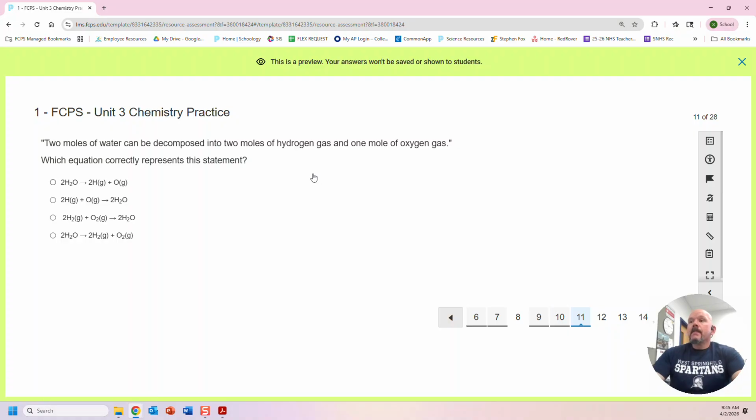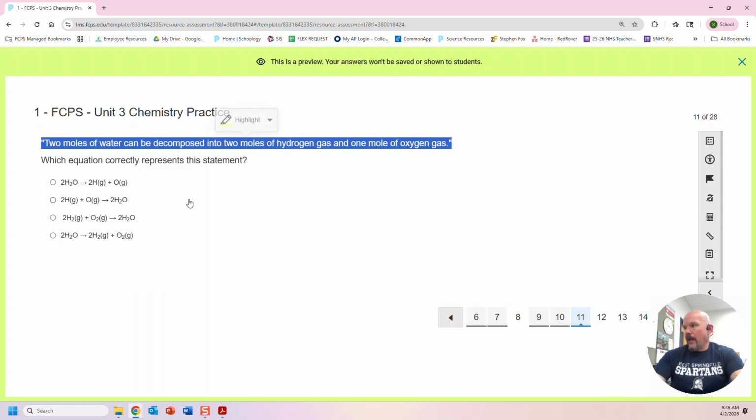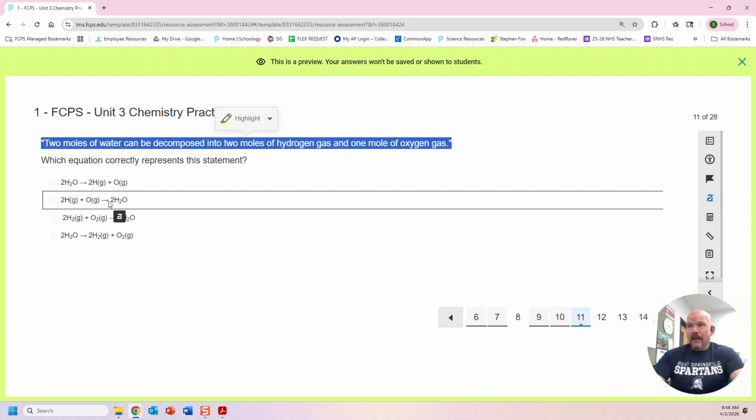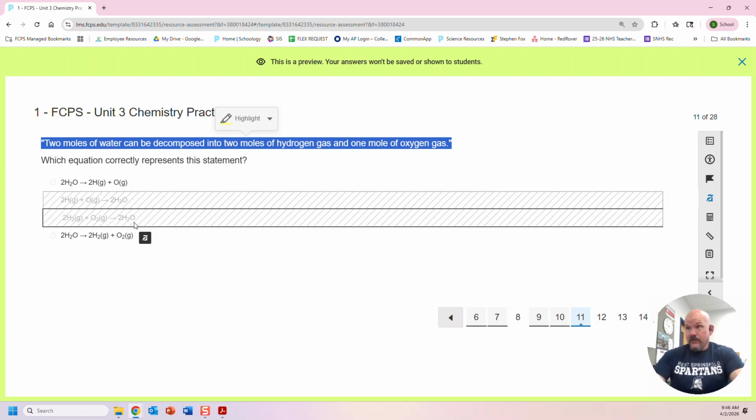All right. 2 moles of water can be decomposed into 2 moles of hydrogen gas and 1 mole of oxygen gas, and we have to show the equation that is like, so basically here's the word equation and we have to write the chemical equation. All right. So it's a decomposition reaction, so we can cancel out that. That's a synthesis reaction. That's also a synthesis reaction. And then this just comes down to, do you remember,